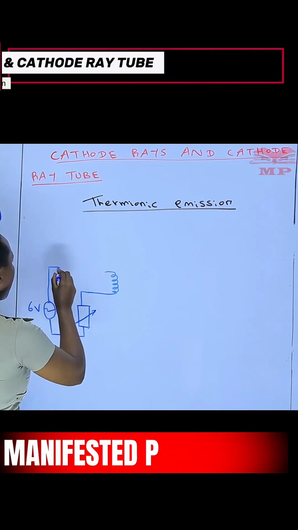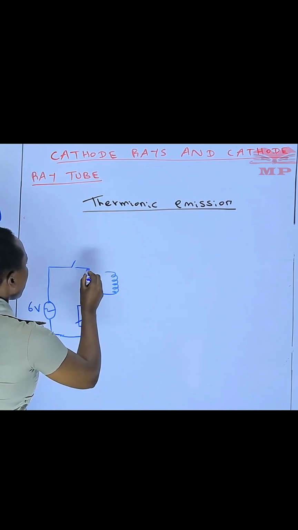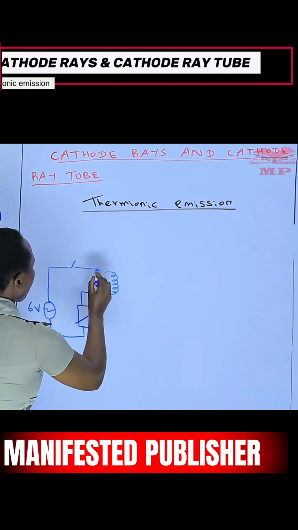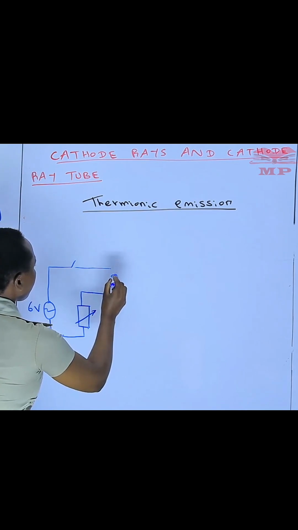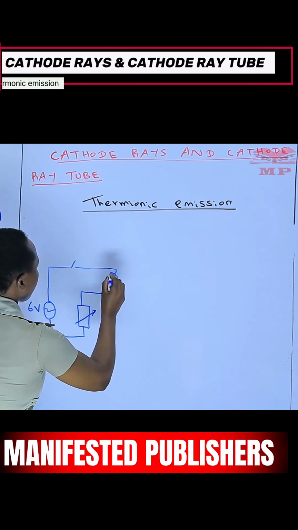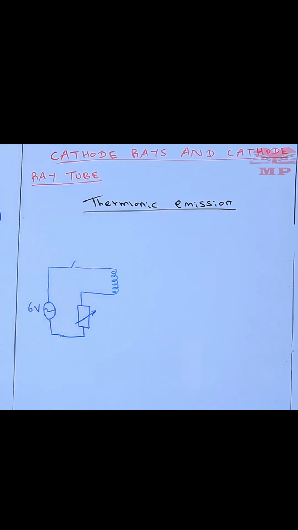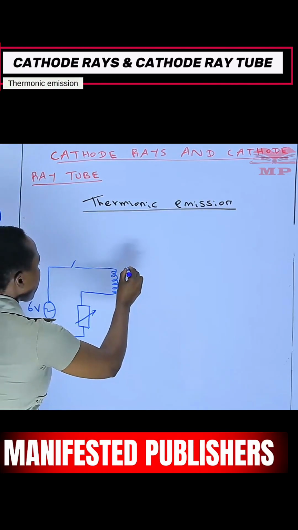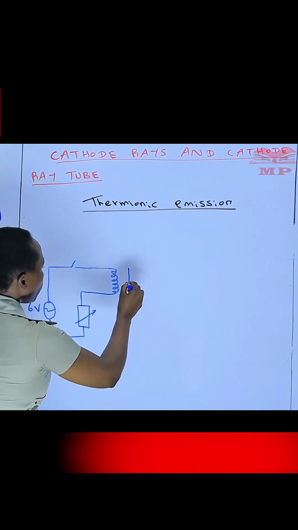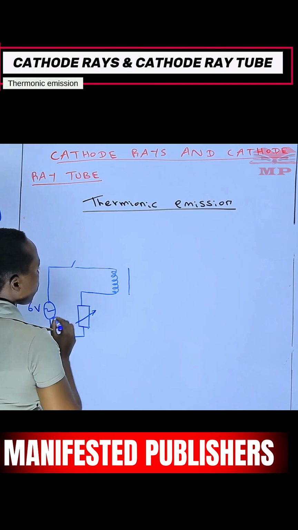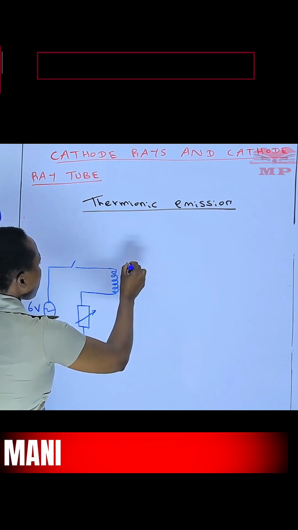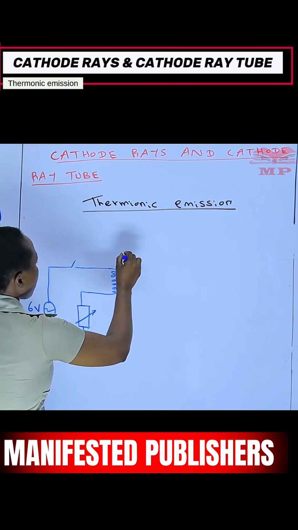Then here we have our switch. We have our switch here. So that is what we have. Then here we have what we are going to heat, which is called the cathode. We are going to name this. So we have it connected